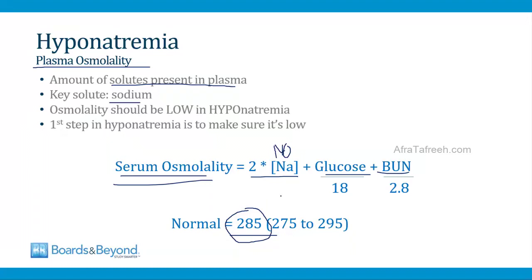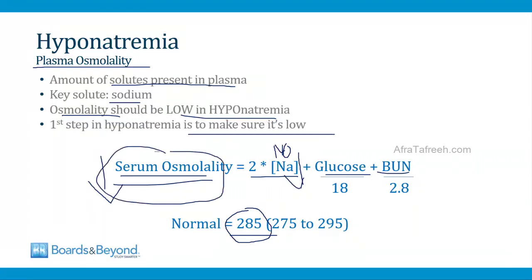And so because sodium is so important for serum osmolality, the osmolality should always be low anytime you have hyponatremia. If the sodium level falls, that should lead to a fall in serum osmolality. So the first step in evaluation of hyponatremia of unknown cause is to make sure the serum osmolality is low. We can easily measure the serum osmolality of plasma in the laboratory,